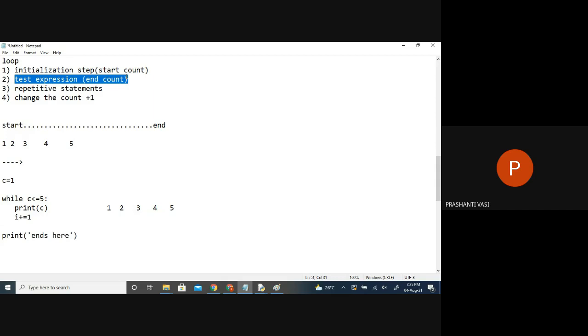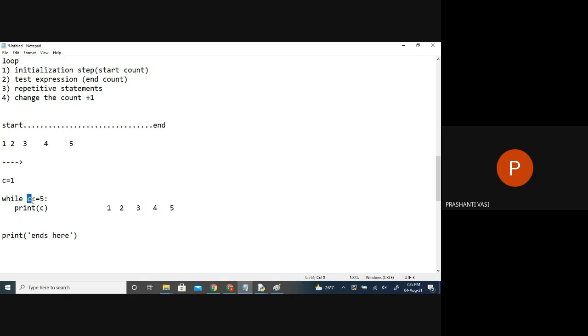Sixth count. And after that, after the condition, whatever we wrote, because every time before printing, we should check the count. Am I in the correct count or not? If it's the correct count only, we should do the job. If it's not the correct count, we are not going to do the job. But after printing the step, what are we going to do? Change the count.